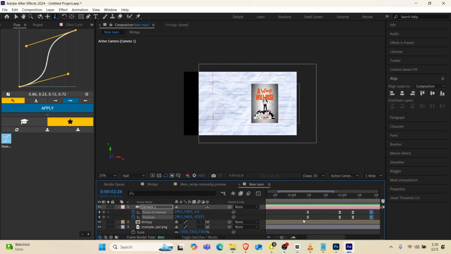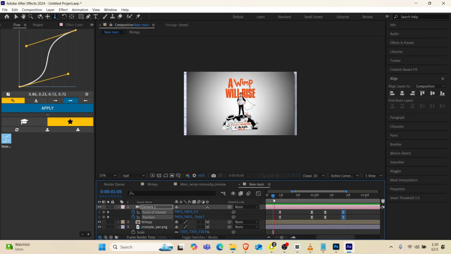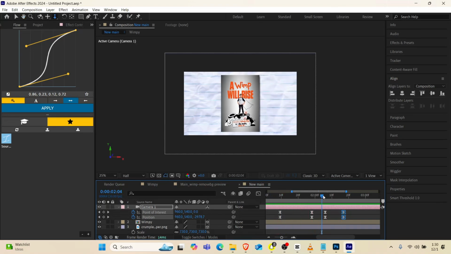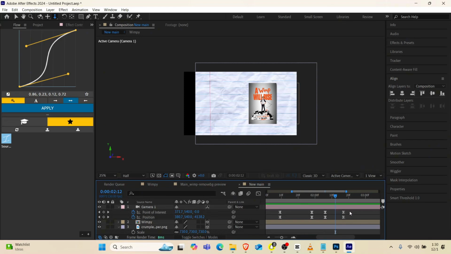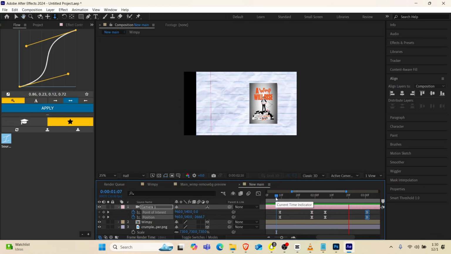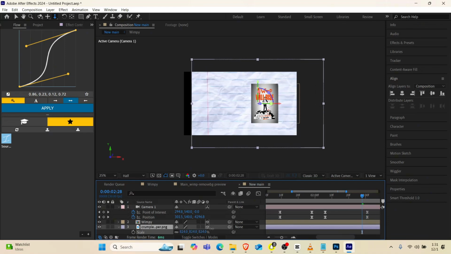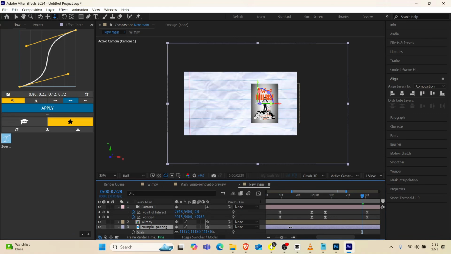Now you see that there's a cutout at the far left of the camera. We'll get back to it. So now we'll just adjust some of the keyframes, so we just have to shift this to the right a little bit, and we have to focus on scaling the paper by hitting S so that it covers the blackout of